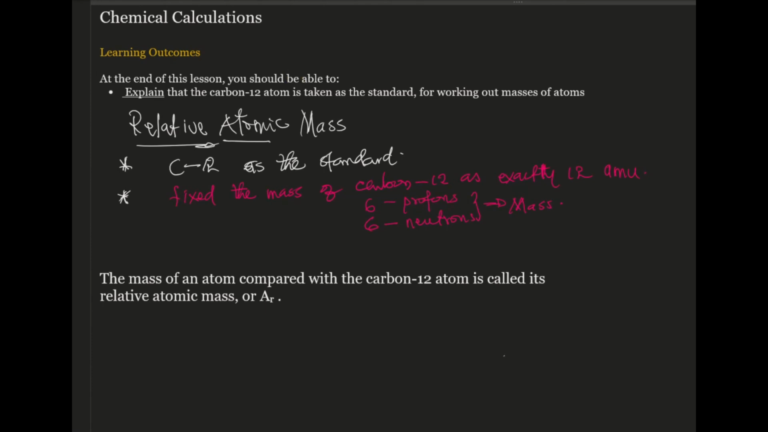And this is the symbol to represent it, Ar. So R stands for relative to the mass of carbon-12. So when you see A like this, it is the mass number of an atom, and R means relative to the mass of carbon-12. So as I said, the Ar of hydrogen